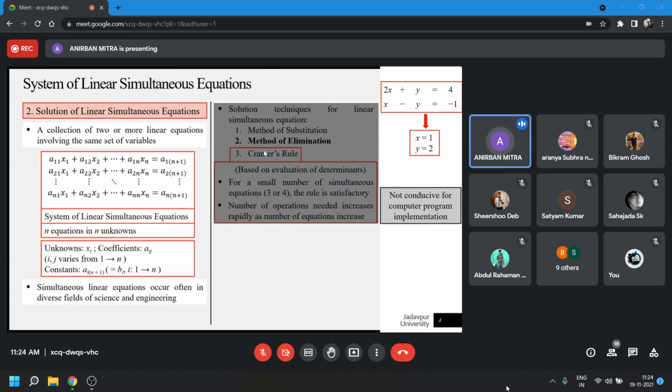And probably you might have guessed from the names of the solution techniques that we are going to discuss, that is Gaussian elimination, Gauss-Jordan elimination. So those are basically a sort of elimination technique. Not exactly what we have learned in school, but obviously you can say a certain extension of that. Obviously, there would be certain elements of the elimination technique in it, but the procedure would be much more generalized.